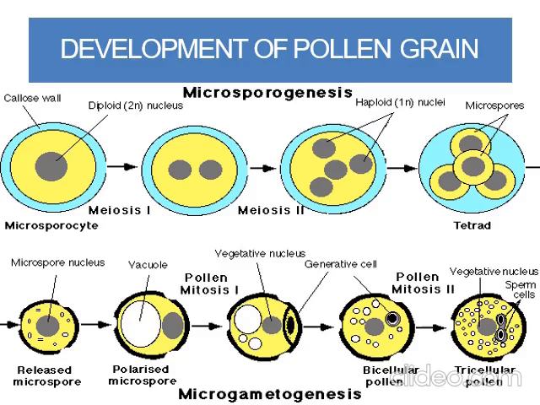This is the PMC, which is diploid in number and will undergo meiosis 1 to form 2 haploid cells, and after undergoing meiosis 2 it will form 4 haploid microspores, arranged in tetrad form. This tetrad upon dehydration will release microspores, and released microspores have a polarized nucleus, and this polarized nucleus will